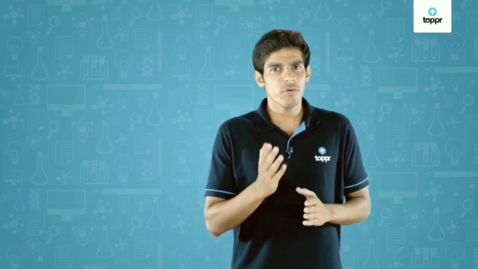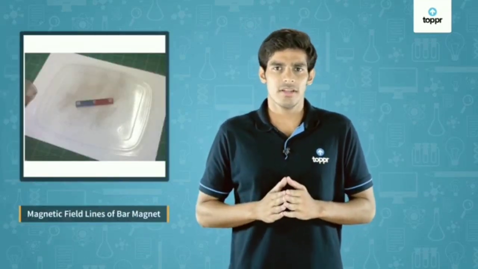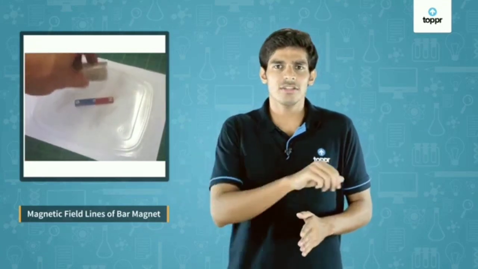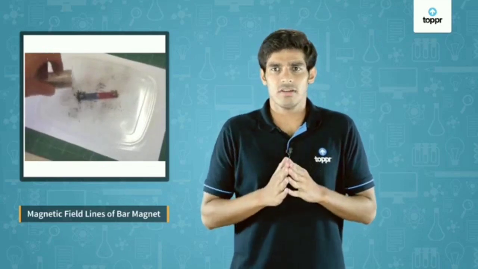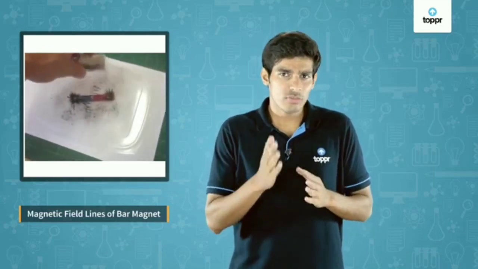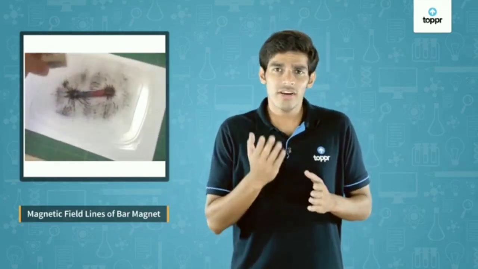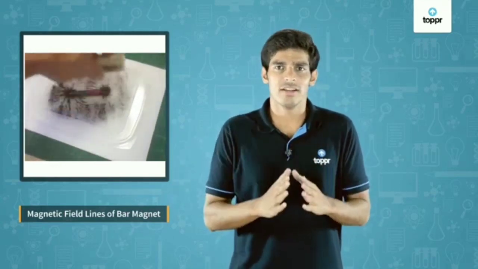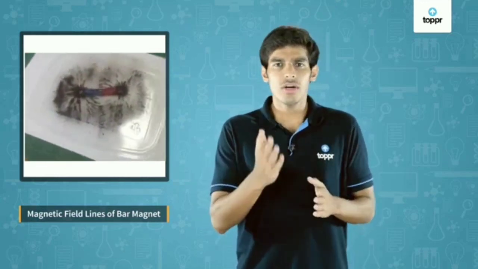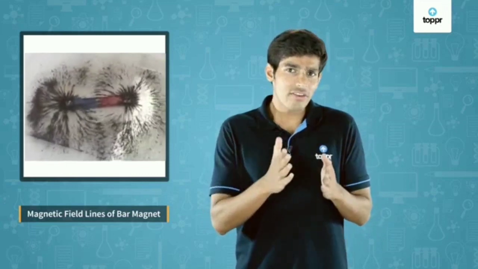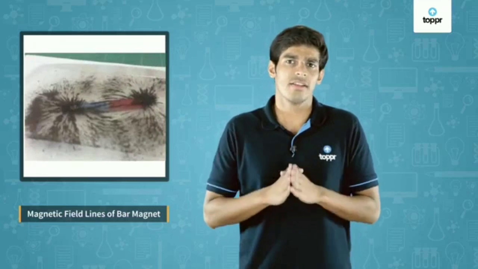Okay, let us do one more experiment. Take a bar magnet and fix it on a sheet of paper. Then sprinkle iron filings all around the magnet and gently tap the paper. What do I observe? I observe the iron filings, which were randomly spread around the magnet, have aligned themselves into a specific pattern. This means a magnet exerts an influence on its surrounding region. The iron filings must have experienced a force that has arranged them in such a pattern.